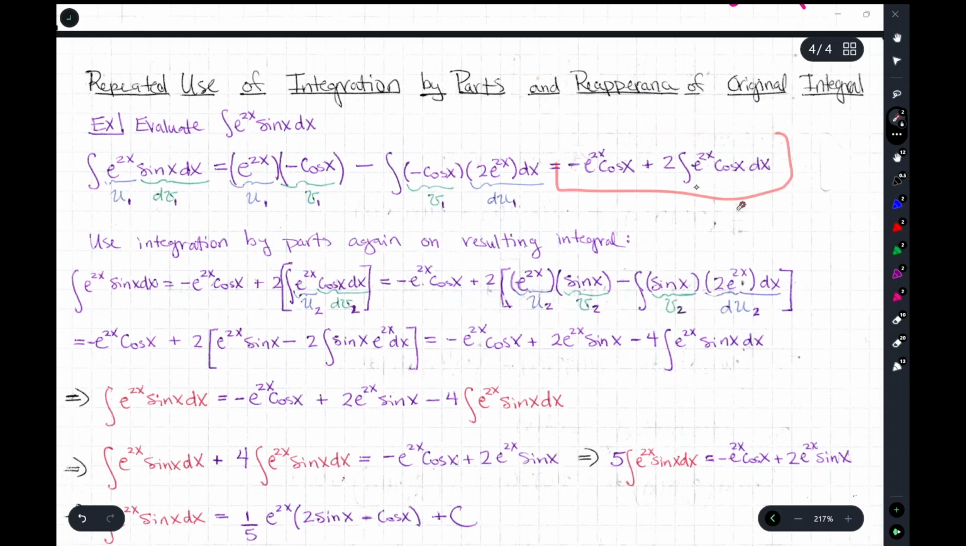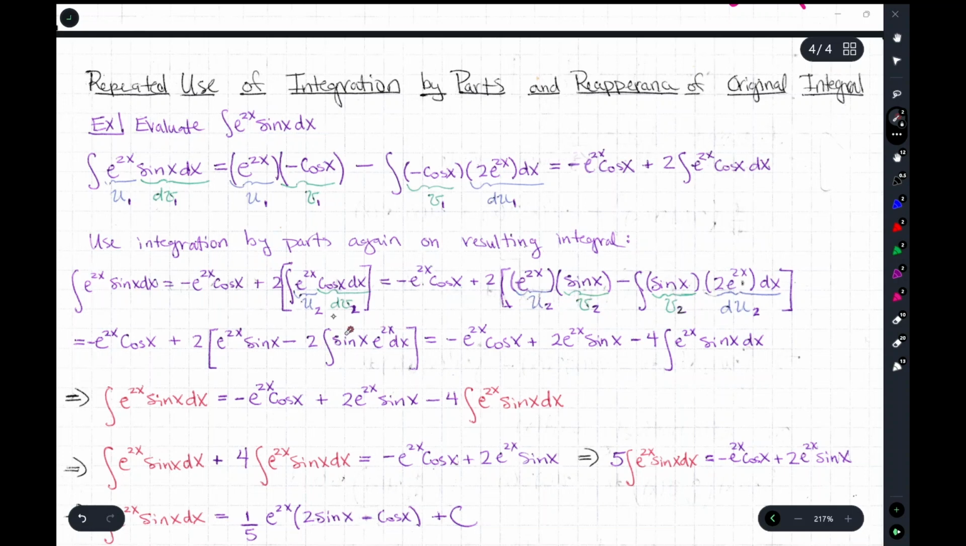Okay? Now, the integral of e to the 2x cosine x doesn't look like the original. But what if I do the same thing or a similar thing again, and I take the integral of cosine x again, or the trigonometric function again? So let's do that. And so here's what I had from the previous step. I'm going to choose u2. Now I'm doing another integration by parts, and I have a subscript of 2 to show that I'm doing this again. And now focusing in on what's inside the square brackets, I have a boundary term,